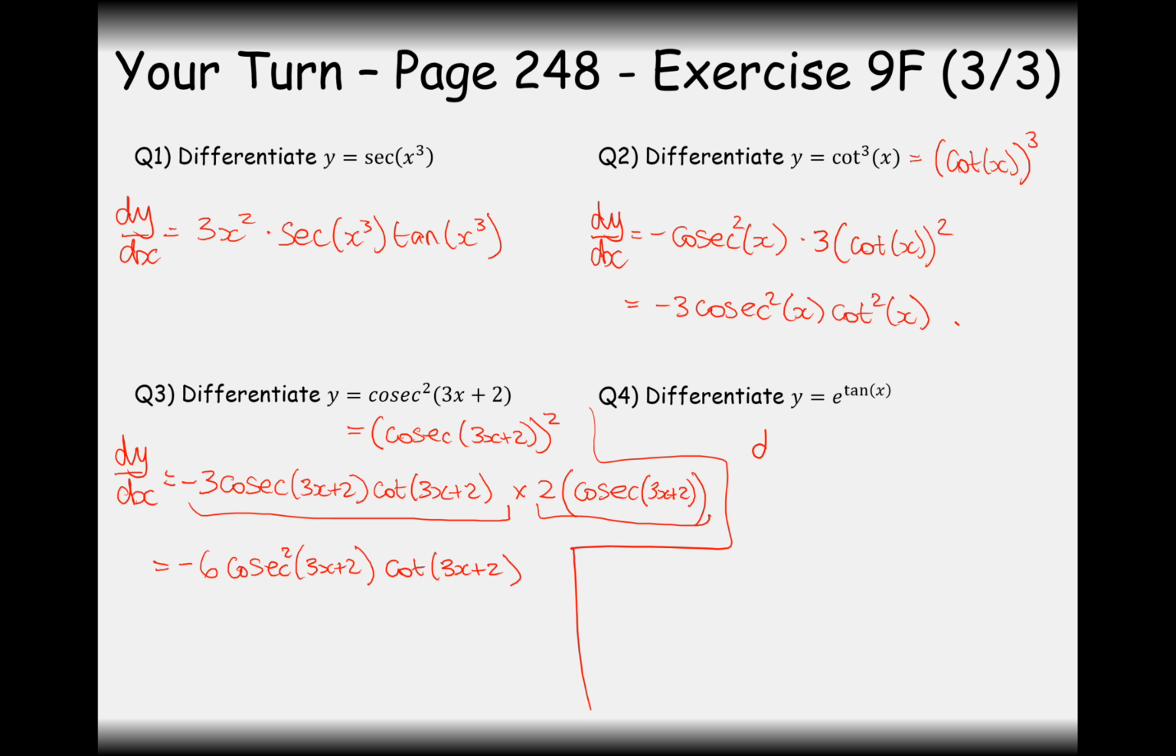And the final question here, this is a little bit easier than the last one that we've just done in question 3. The derivative of the inside function is tan, so that's going to be sec squared x. And then the derivative of e is just itself, so it's e to the tan x. So there we are, that's the answer to question 4,